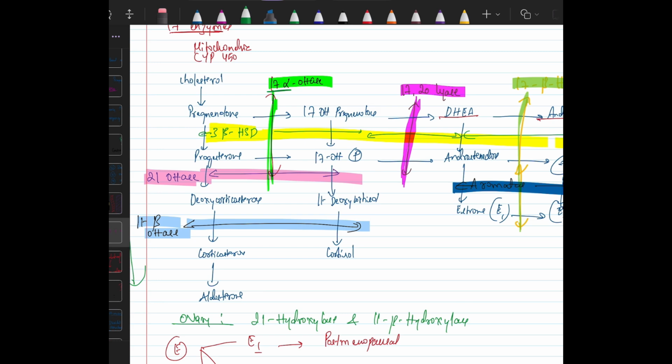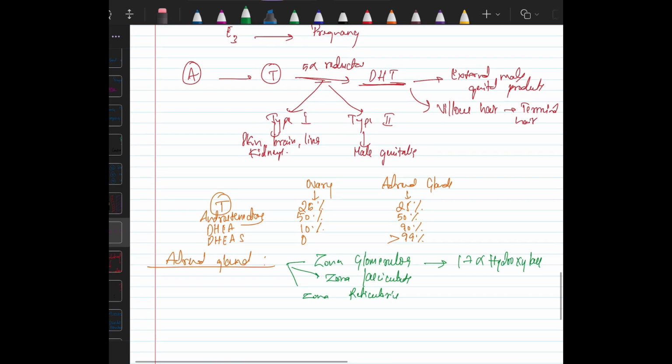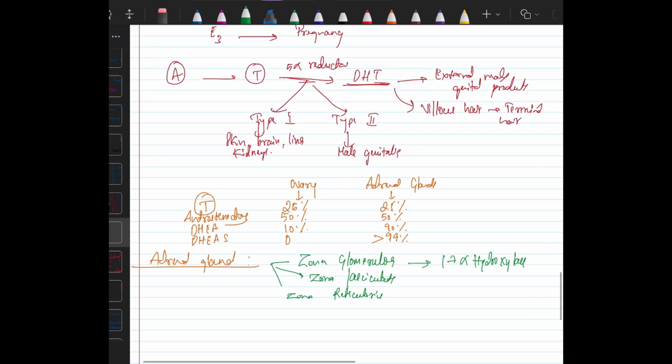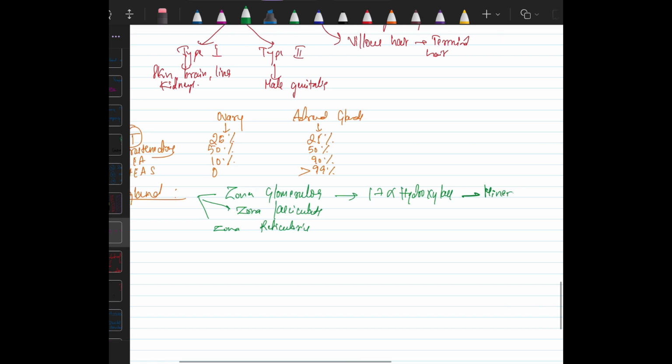So there is no production of cortisol. Understood? So this produces only mineralocorticoids, no glucocorticoids. Zona fasciculata and zona reticularis both have 17 alpha hydroxylase, and thus they produce glucocorticoids and androgens. Okay,